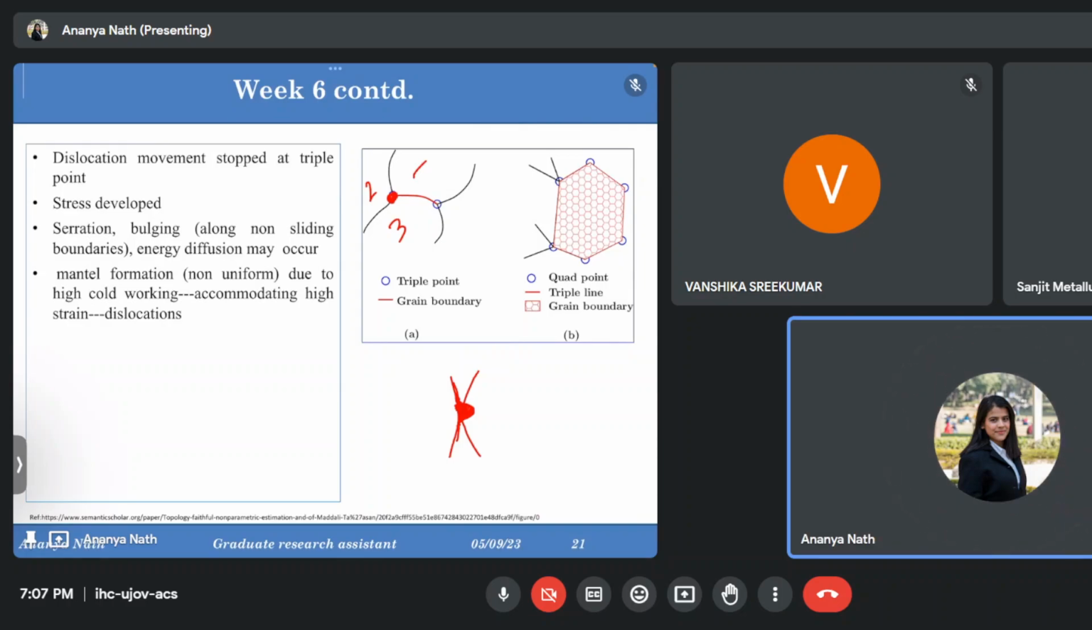Mantle means, as I have already shown, if this is the grain boundary, first the dislocations will gather, then they will form some cell structure. So this is what is called a mantle. So mantle formation may take place. Next is,